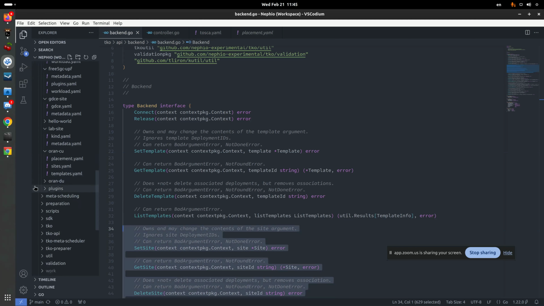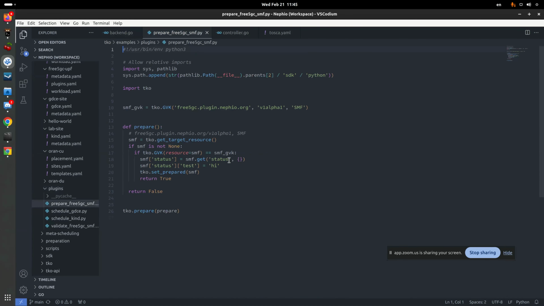So here we have plugins. So let's say to prepare for free5GC, I'm checking that the target resource for the preparation is indeed the SMF. I'm making sure it's my SMF one, that I haven't been triggered by something else. And then I can basically do whatever changes I want to the entire topology, the entire package. And when I'm done, I set prepared true. And what that does